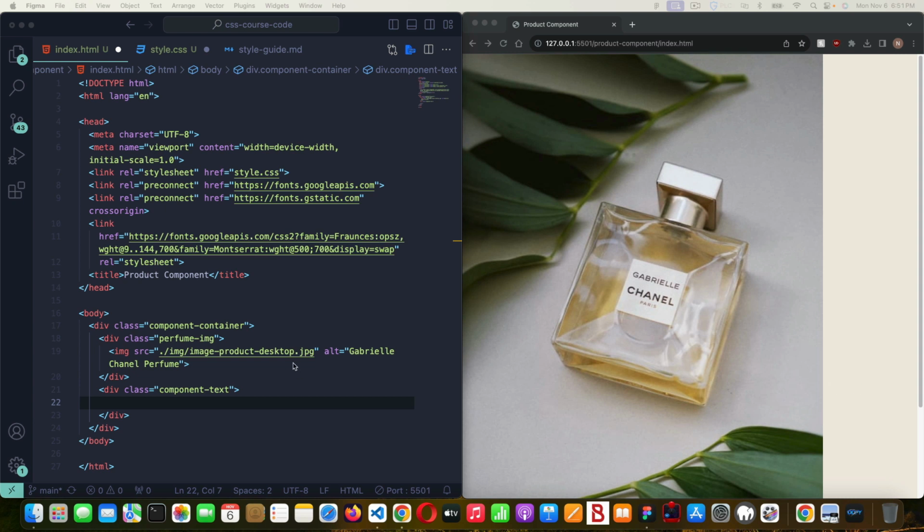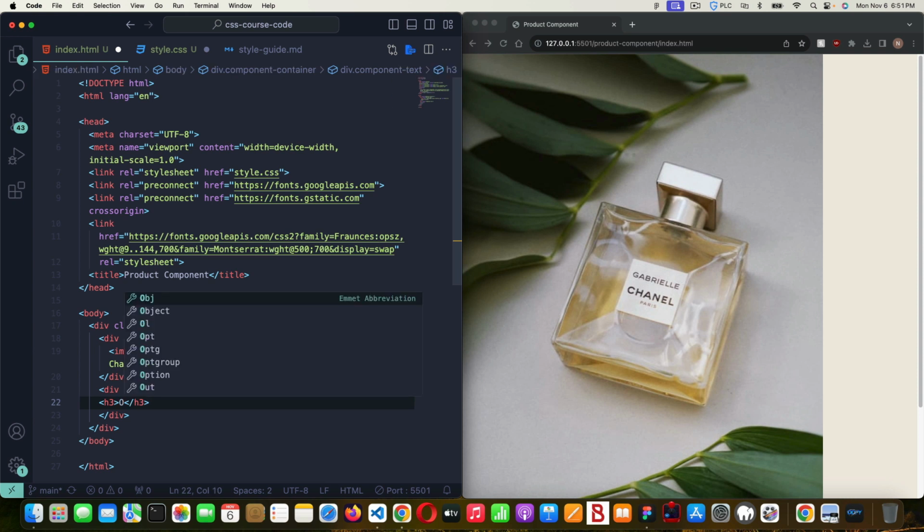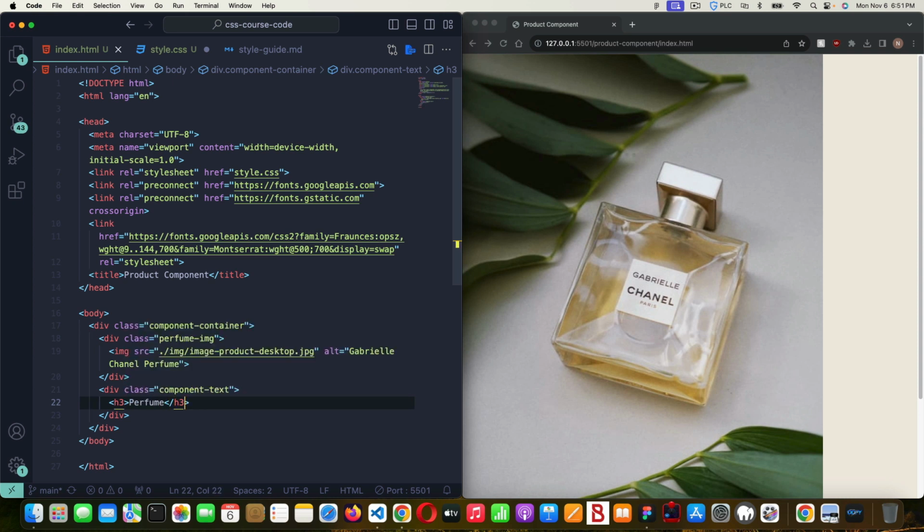So the first thing is, it says perfume on the top, and the letters are kind of spaced out. So I'll show you how we'll do that effect. So let's go. That is going to be an H3, I think. Say H3. And it says perfume. And then below it, we have an H2. And it says Gabrielle essence